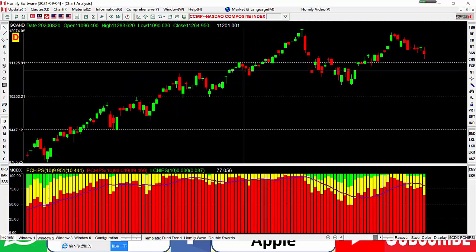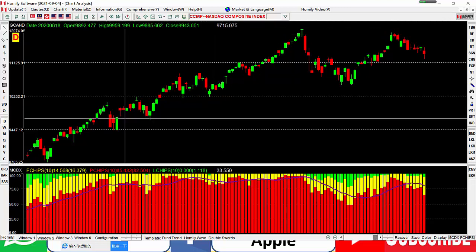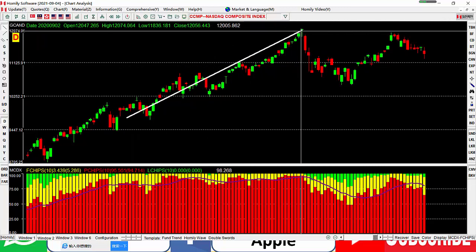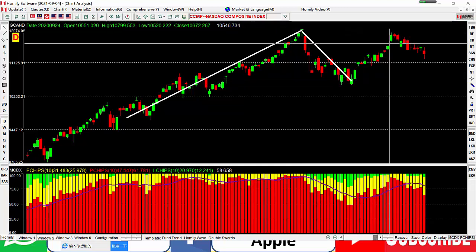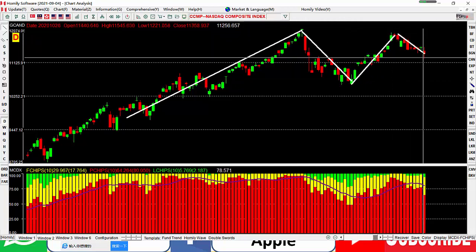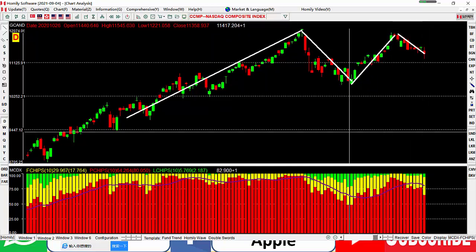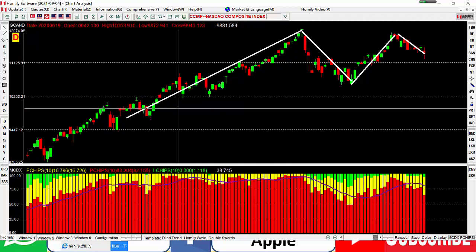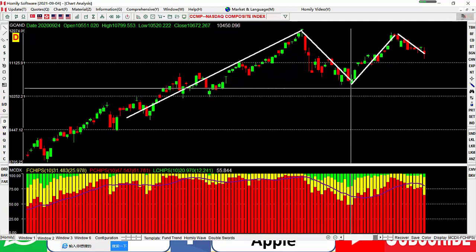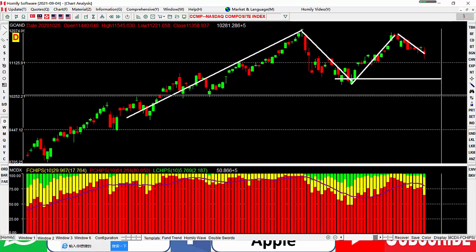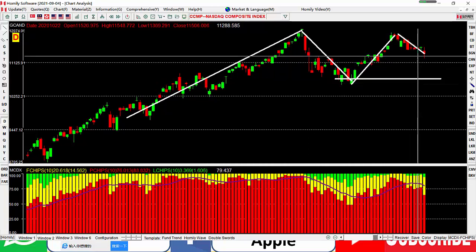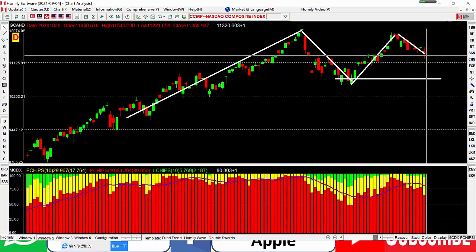Okay, this is the chart of Nasdaq. This is the chart of S&P, Nasdaq. S&P also from the top in September, then it had some correction and moved up again. Now it pulled down. So it's a very similar pattern as S&P 500 and the Dow Jones. And so the low of this level is very important for us to monitor whether this is a double top